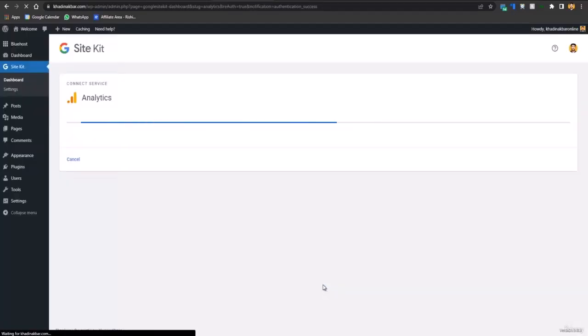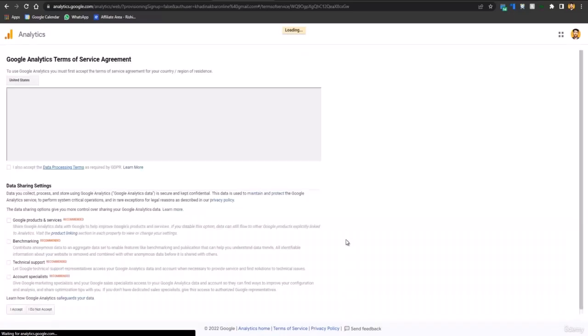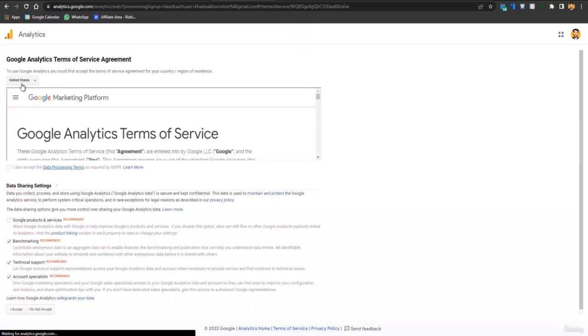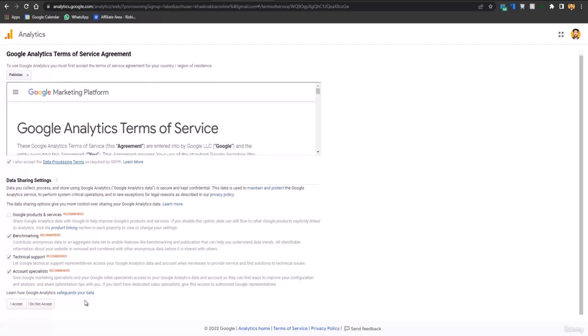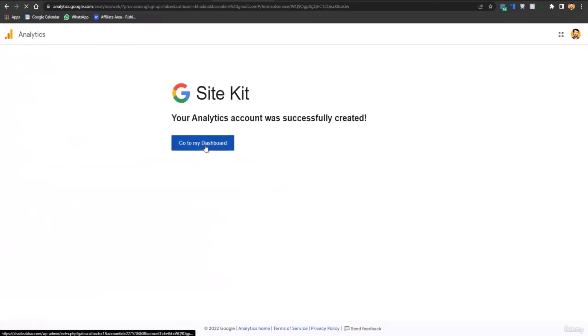And here I have also received the notification that someone got access to my Gmail account. This is no one but my website itself. Now I would have to sign up. Here just select the region. I'll select my region, which is Pakistan, and just go below, I accept. Go to my dashboard,